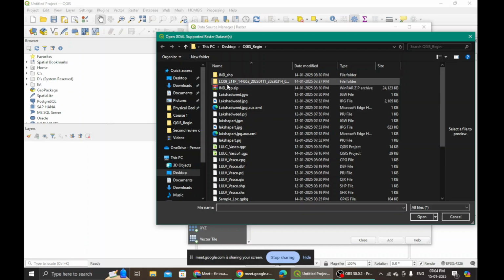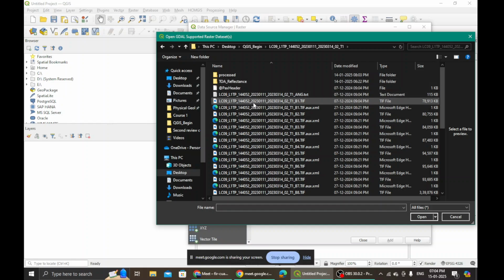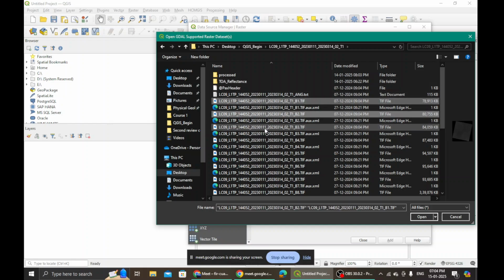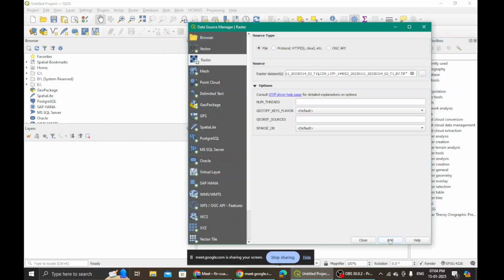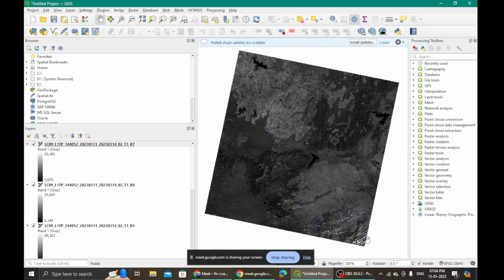The satellite imagery that I have is in this particular folder. I go there, open band 1, band 2, band 3, band 4, band 5, band 6, band 7. Open them, add them, and then close. These are the band data that I have.